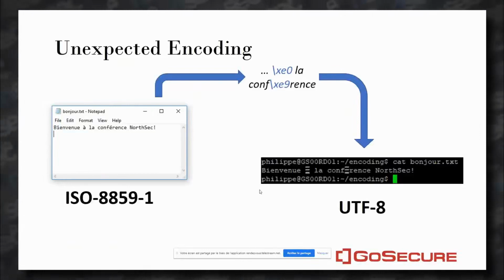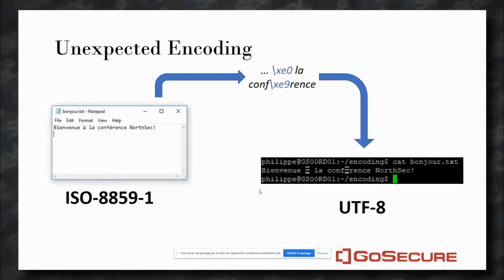So maybe you have a user that is using Windows that is writing a plain text file. It can be, for example, a CSV. CSV doesn't declare encoding, by the way, it's defined. So your user is saving with its default text editor in ISO 8859. But if your system, your web application, is opening this file and thinking it's UTF-8, you will have some characters that will not be recognized because it's not encoded the way you think.